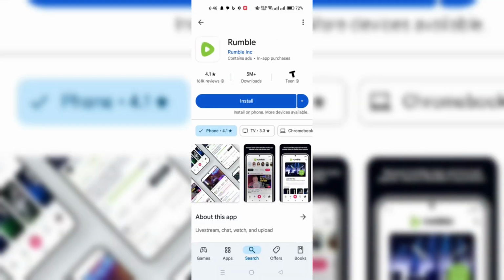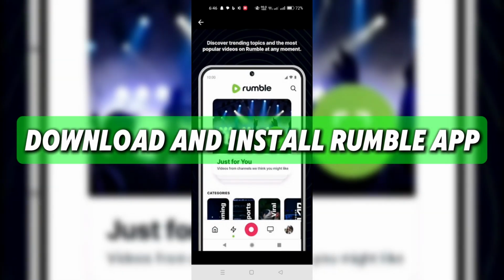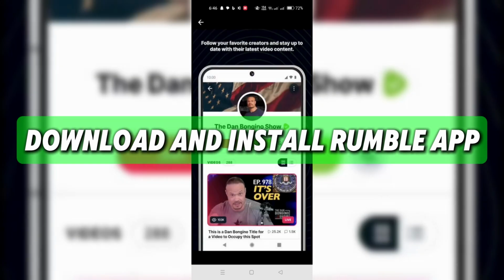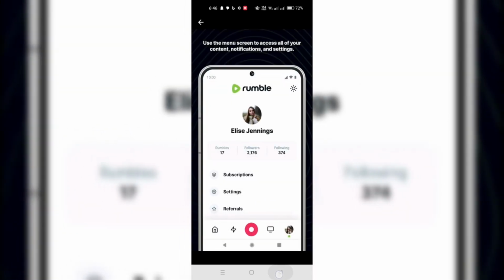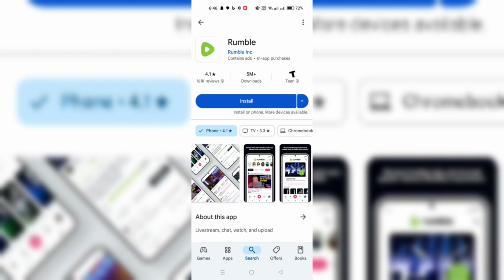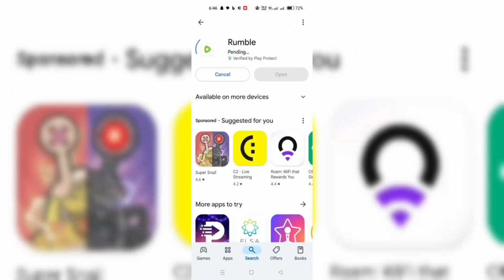Today I'll show you how to download and install the Rumble app on your Android. Firstly, after you unlock your phone, head directly to the Play Store app. Open it and go to the search bar. There, just type Rumble, then hit the search button. Once the search results appear, just click on the official Rumble app you'll see on the app list